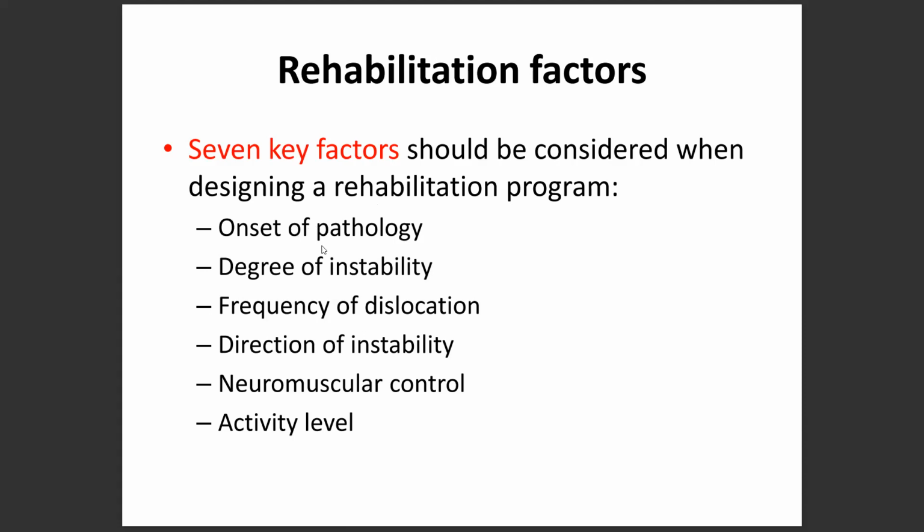सबसे पहले जो ऑनसेट ऑफ पैथोलॉजी है कि पैथोलॉजी जब हो गई थी, इंटीरियर शोल्डर इंस्टेबिलिटी हो गई, जो मैकेनिज्म क्या था, हाउ इट हैपेंड, डिग्री ऑफ इंस्टेबिलिटी, हाउ मच इंटेंस द इंजरी इज, बोन लॉस है कि नहीं है, कितनी बोन लॉस है, किस साइड पे ज्यादा बोन लॉस होती है, ये सब कुछ जो है ये ऑलरेडी सीटी स्कैन वगैरह से, एक्सरेस वगैरह से पता चल जाएगा। फ्रीक्वेंसी ऑफ डिसलोकेशन,